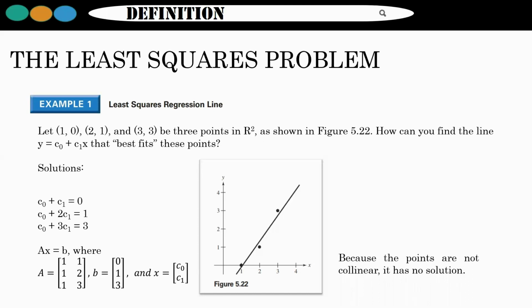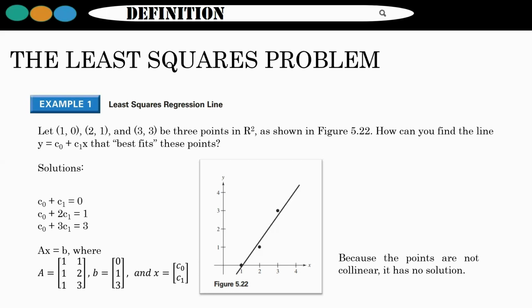After we have written it in matrix form, because the points are not collinear, the system is inconsistent. Meaning of inconsistent, it has no solution. Although it is impossible to find x such that Ax is equal to b,